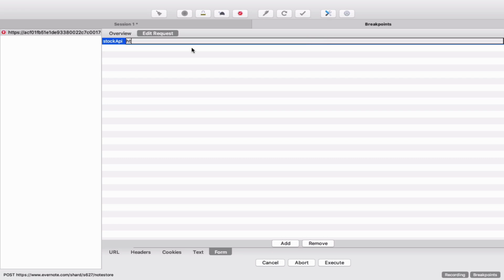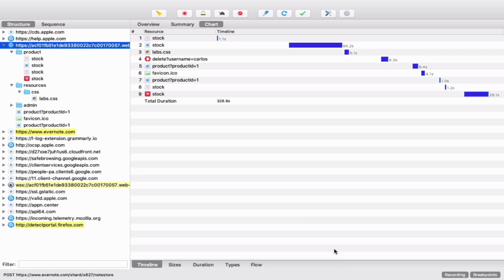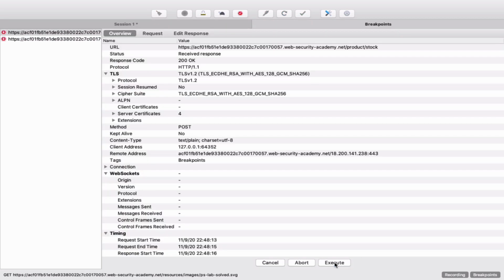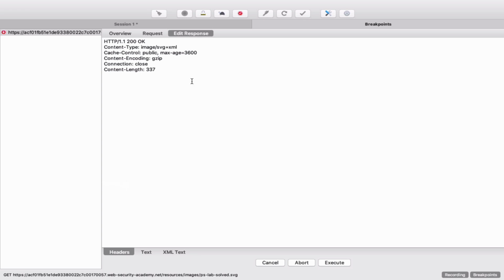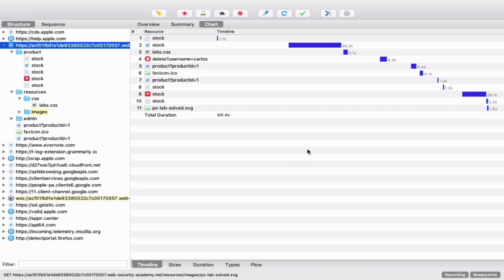Let's check the API, then HTTP, we have localhost, then slash admin, then you can type delete, then the username Carlos, and execute if everything is okay. Let's check what exactly we got here, this 200 connection, execute, and we are done.